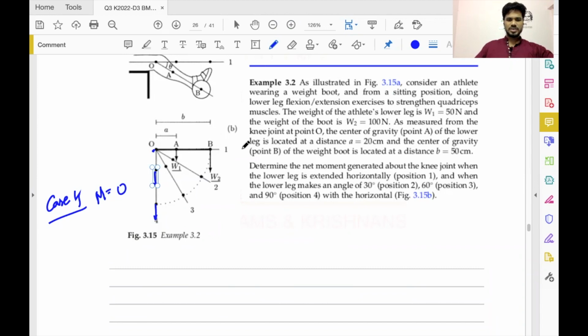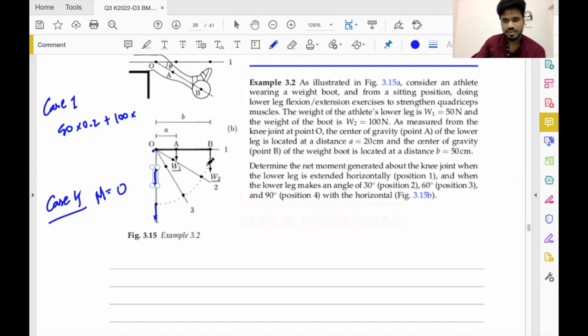Okay. Case 1, the moment should be this moment plus that moment. So both of them are in the same direction. So weight 1, that is 15 newtons, and it's acting at a distance of 0.2 meters, plus boot is 100 newtons, it's acting at a distance of,